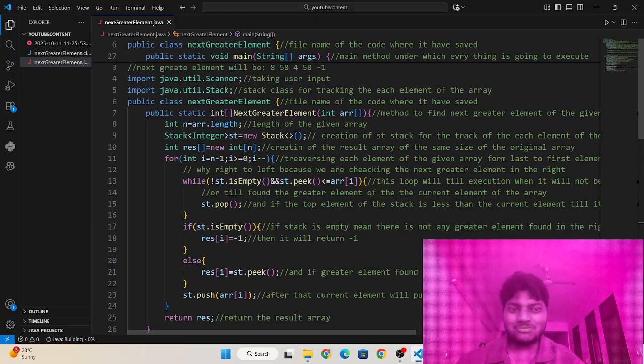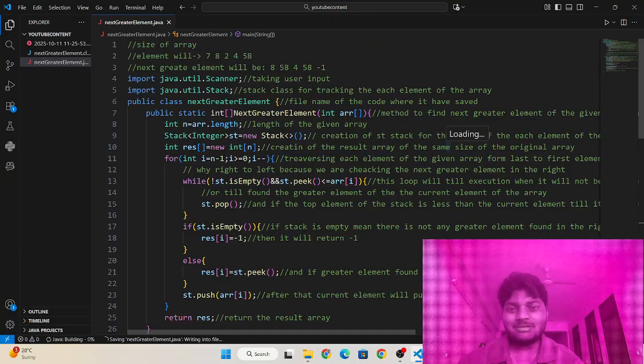so that you can understand the meaning of each line of code. Okay, it is loading. Don't worry, I have explained it and I am going to execute the same program once, and then I will close this video.